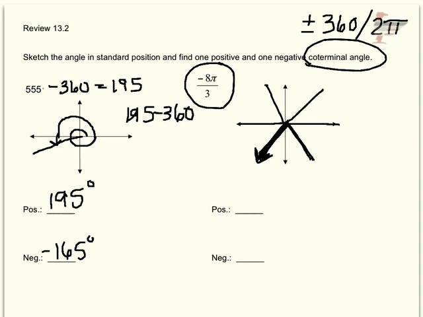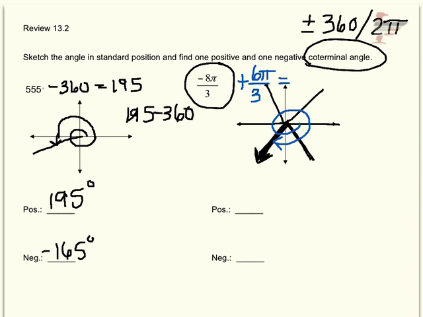Again, I'm going clockwise because it's negative. Let me use a different color here too. So I went all the way around one time, and I will end up here. And that makes sense. If I add 2 pi to this, 2 pi in thirds is 6/3, excuse me, so 6/3 is still 2 pi. Well, if I take those and add those together,